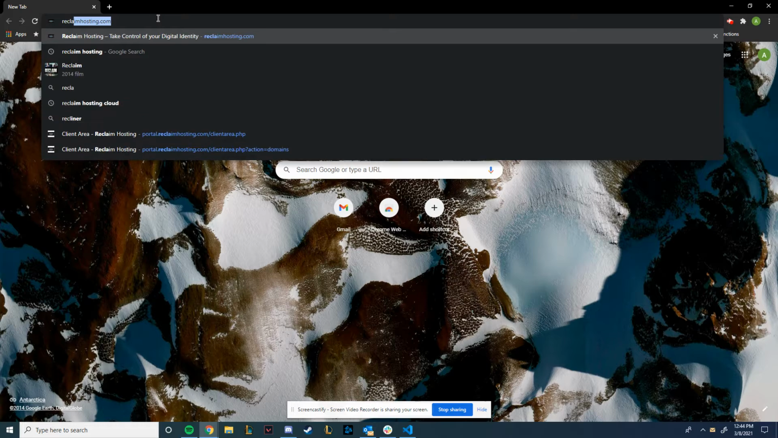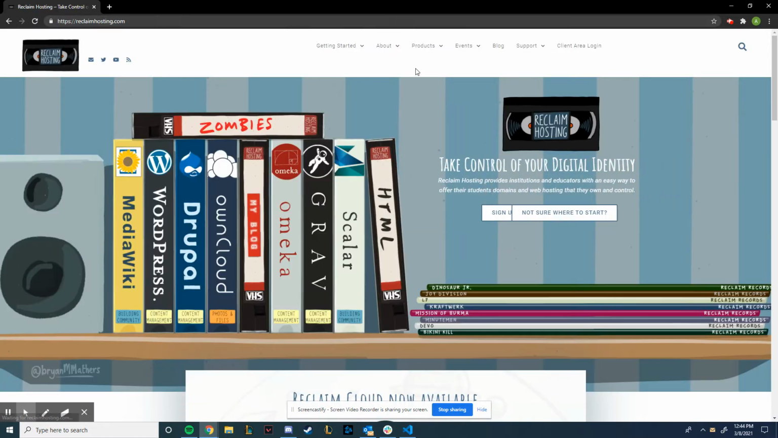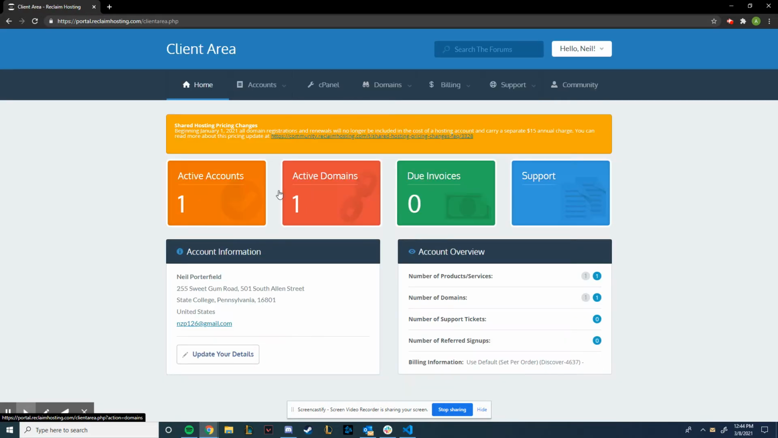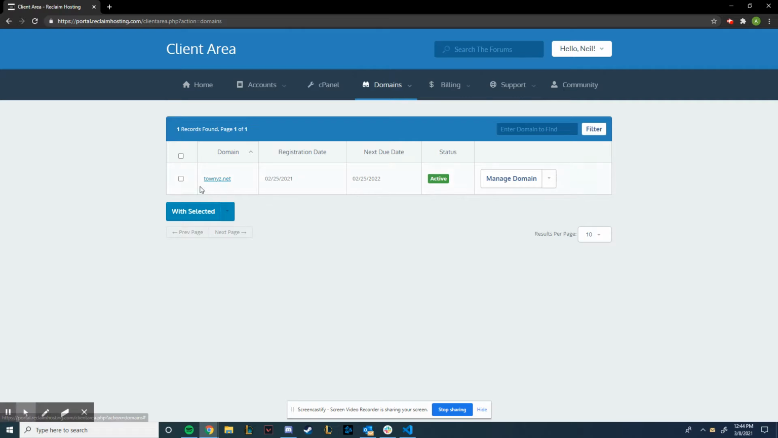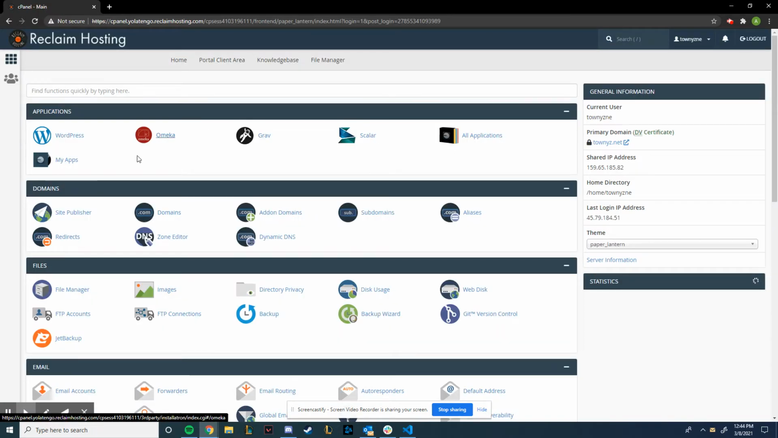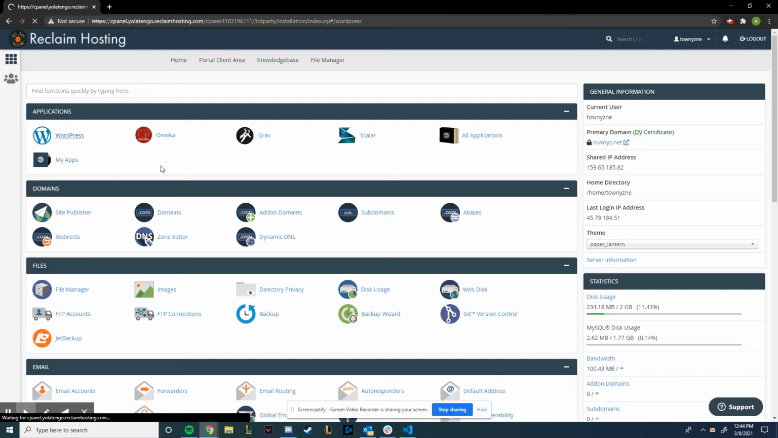So first thing I'm going to do is go to reclaimhosting.com. This is so I can set up a domain name and populate the site on the internet, so it's just not in the file system. We can see here that I have one active domain, that's townies.net. If I wanted to, let's say, change around that website,